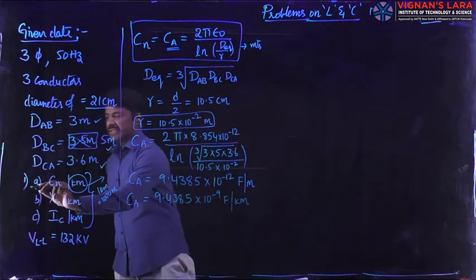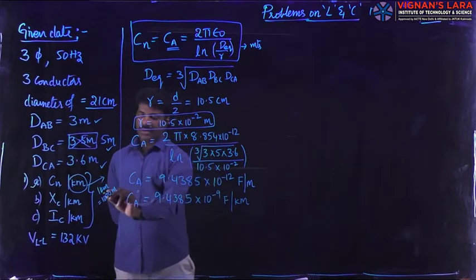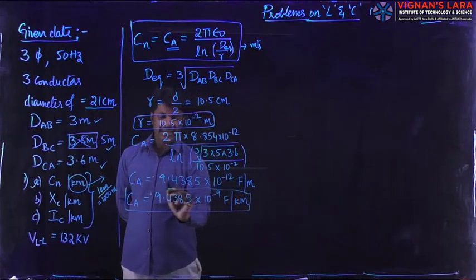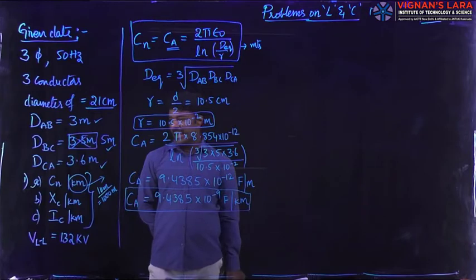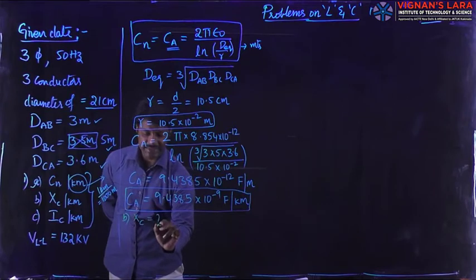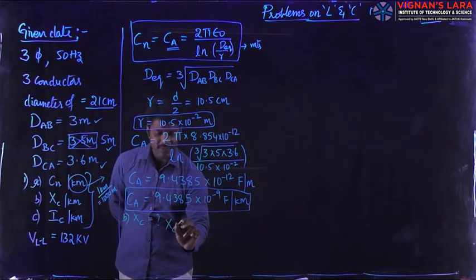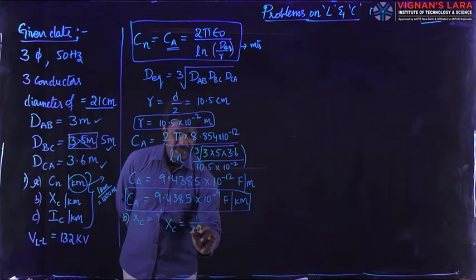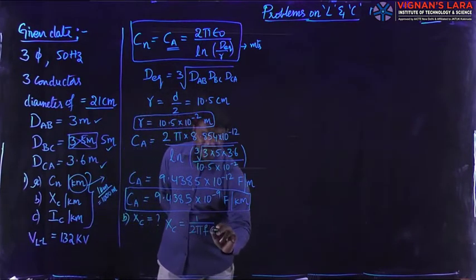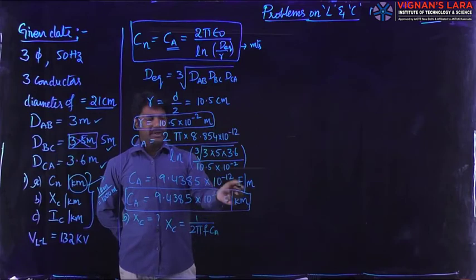This is our first bit, the A bit: neutral capacitance, or capacitance of each conductor, for a length of 1 kilometer. This is the magnitude of the capacitance per phase for a length of 1 kilometer. Coming to the B bit, we have to solve for capacitive reactance. As a basic formula, capacitive reactance XC is equal to 1 by 2 pi FC, where F is the operating frequency of the transmission line and C is the calculated capacitance per conductor, which is equal to Ca, obtained for 1 kilometer length.